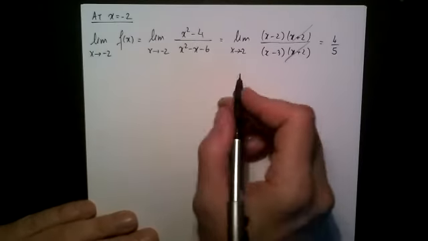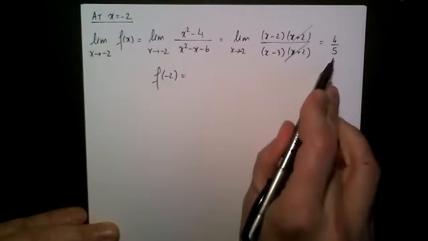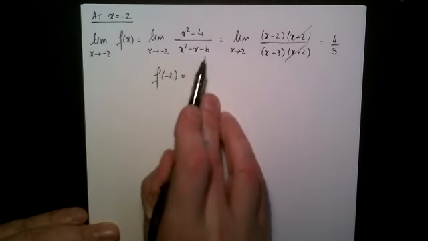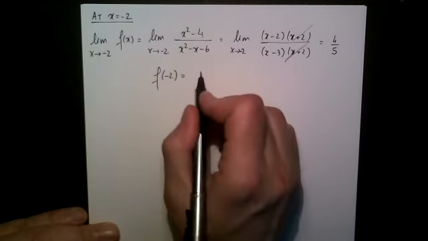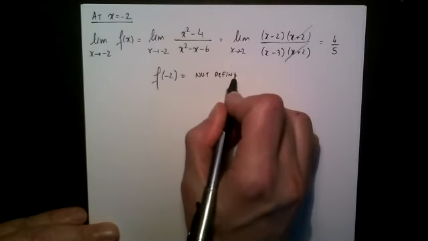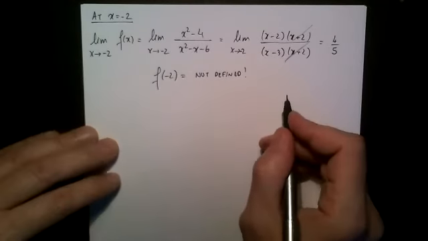Very good. So now I need to find the value of the function. F of -2, and let's hope that it is 4/5. Okay, now f of -2, if I plug in -2 here, I will get that it's not defined. Okay, the function is not defined at -2, and so